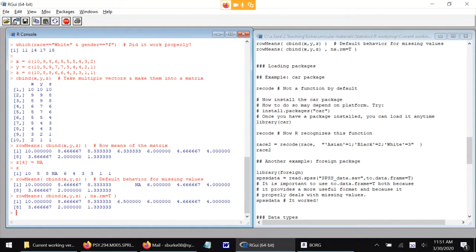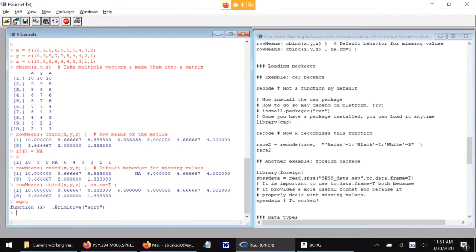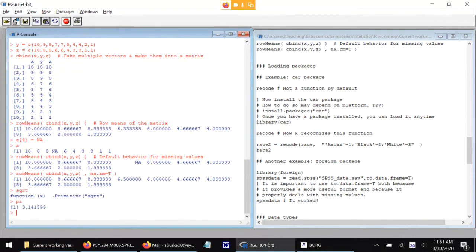So we learned, for example, about the square root function early on in this workshop that has a name, sqrt, and it calls a more primitive function, but that's not the point here. The point is that that function is available in base R and it has a name, and there's other things like the variable pi that are available by default, and all of the other built-in functions that we've learned